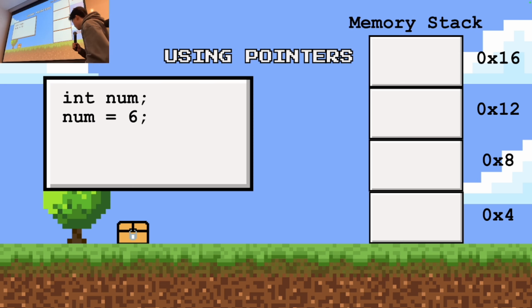Okay, now we're going to look at this with reference to a stack. So on the left-hand side, we have int num equals 6. Okay, so what are we doing here? Are we declaring? So we're declaring num as a data type int, and we're setting num to 6. So what that looks like on a stack is